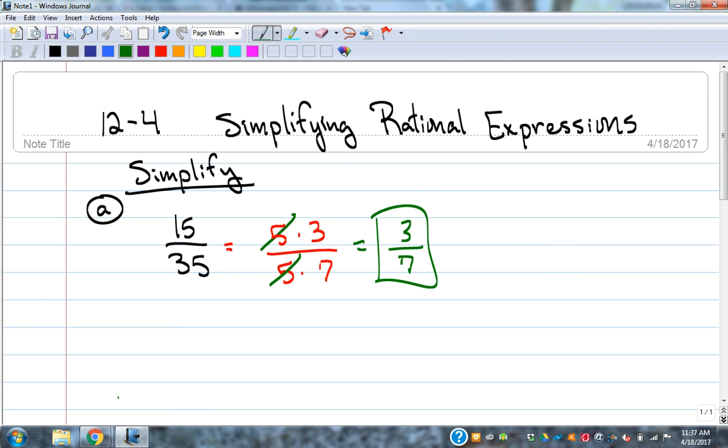Thank you. All right. So we're simplifying the fraction by canceling factors that match. 5 is a factor of 15. 5 is a factor of 35. So that's why those two cancel out. We normally just think about dividing both of them by 5. That's really what you do. But when we start looking at